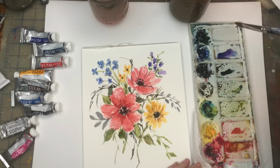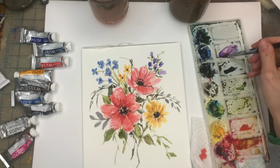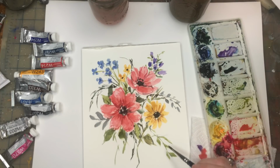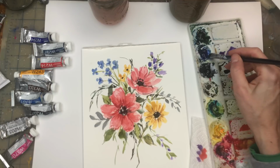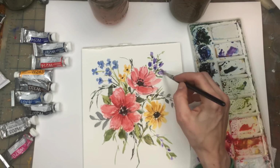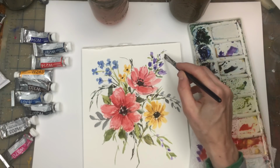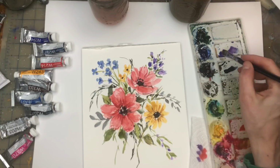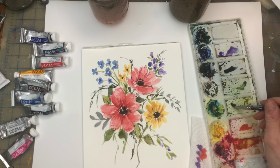And I'll clean up my brush, and I feel like I need to add something down here. And I'll add more of a purple again down here. Just a simple little bunch of little purple flowers. Right in here, you can just go up here and kind of twist your brush. Get a couple little more dots. See? Change it up. And then, of course, here, I'm going to grab some of my green